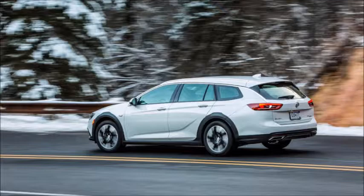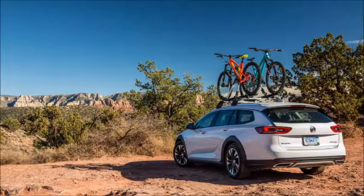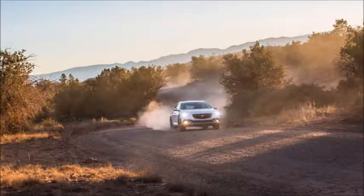Interior fit and finish is excellent, with a rather minimalist thin horizontal style dash broken up by an 8-inch touchscreen and a standard 4G LTE Wi-Fi hotspot and Apple CarPlay and Android Auto capabilities. Power lumbar control for driver and front passenger is part of the $1,725 Driver Confidence Package No. 1. An infotainment system with navigation is part of a $1,095 package that also throws in a premium Bose audio